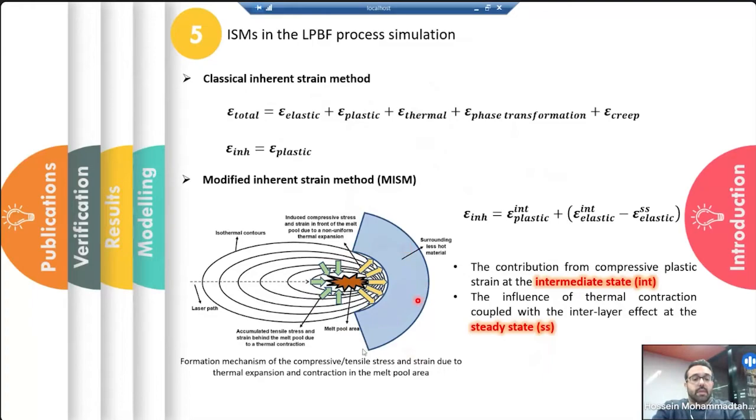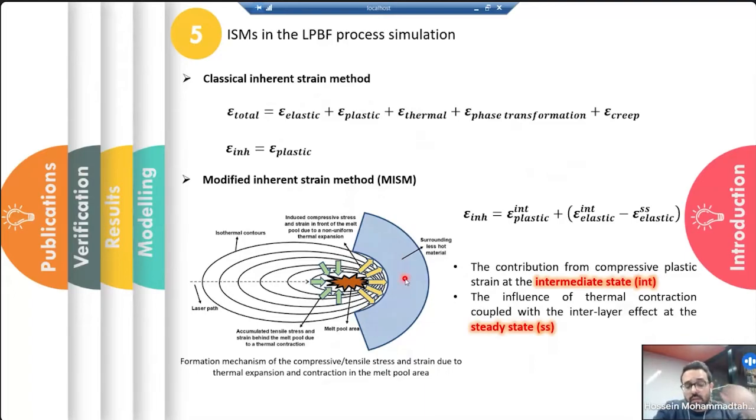Taking a look at the formation mechanism of the compressive and tensile stress and strain due to thermal expansion and contraction, the highly localized heat input induces a steep temperature gradient in the vicinity of the melt pool, and it results in a non-uniform thermal expansion. This thermal expansion is constrained by the solidified metals, and